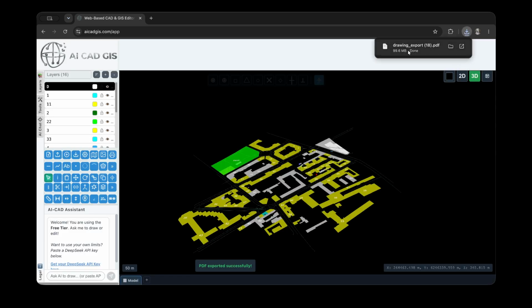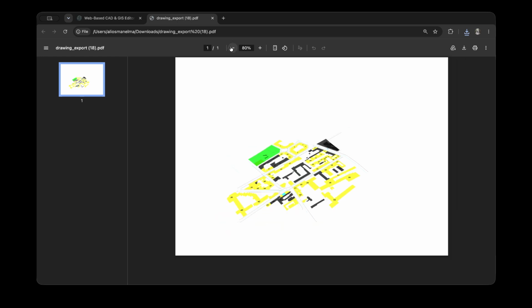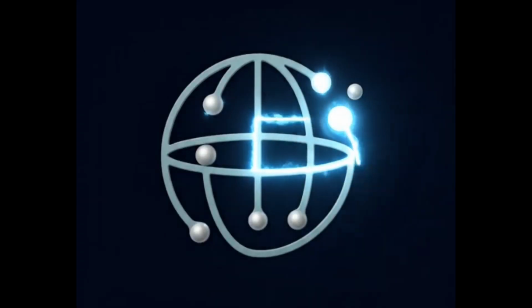Once the download is complete, open the PDF to view your beautifully captured 3D perspective. As you can see, the final PDF perfectly captures our customized 3D perspective, providing a crisp, presentation-ready document exactly as it appeared on screen. That wraps up our guide on the Print to PDF tools in